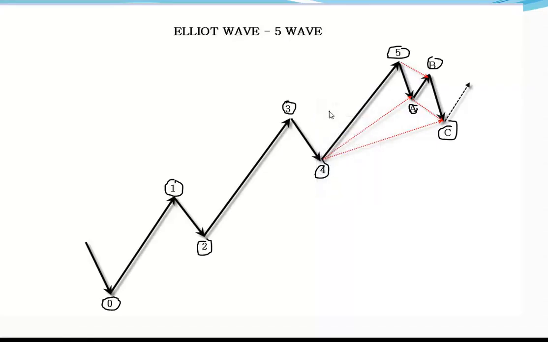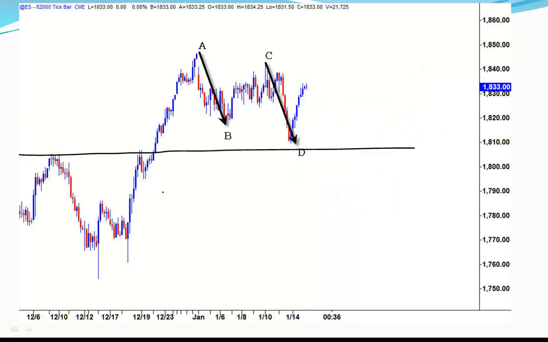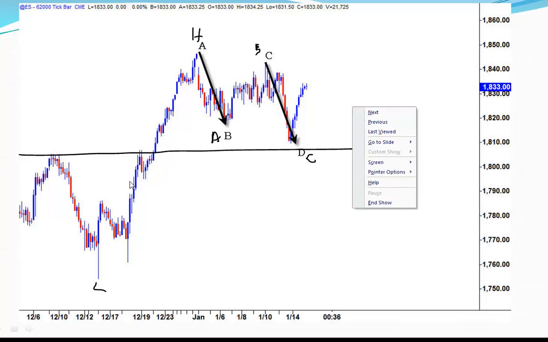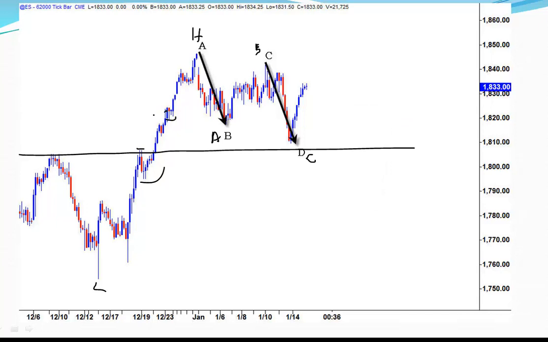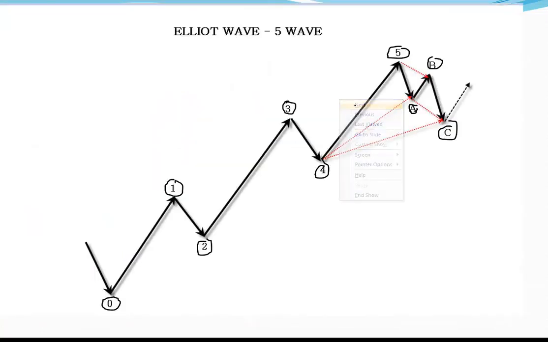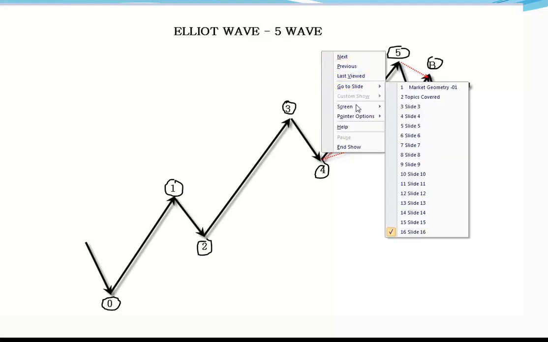Let's stop and go back. Remember, low, high, A, B, C. Same structure that we have. And if you really want to look at it, you can identify these little higher lows in here. You can't really see it on this chart. It's just such a large time frame, and it was such an extreme move. But if we're looking at this chart, this Elliott wave,